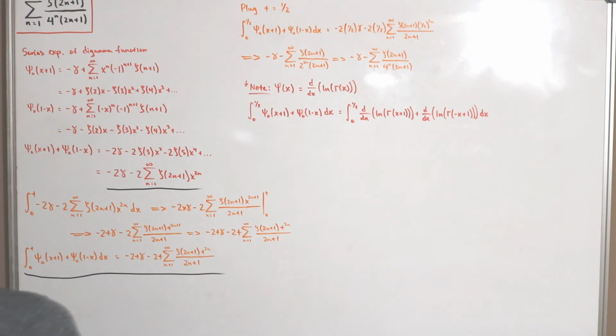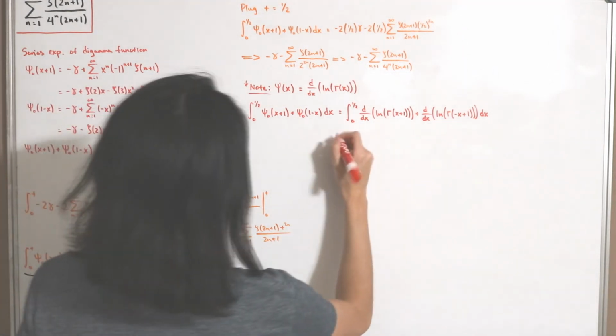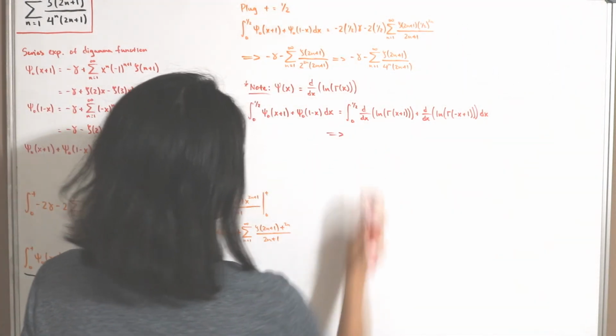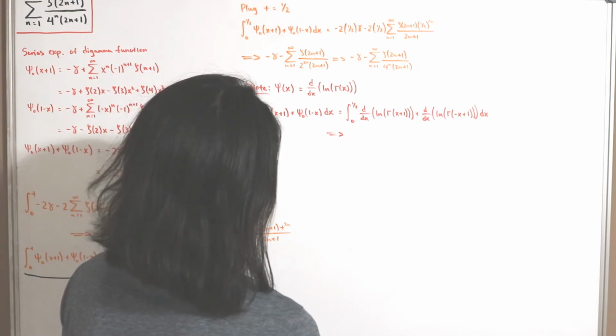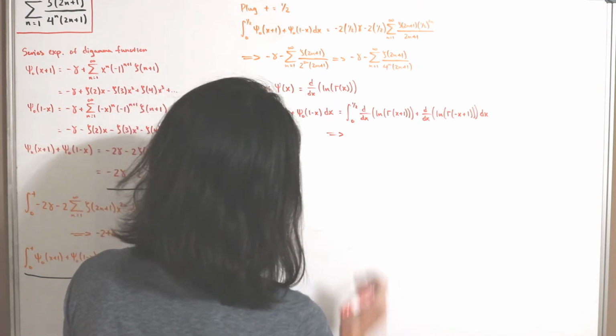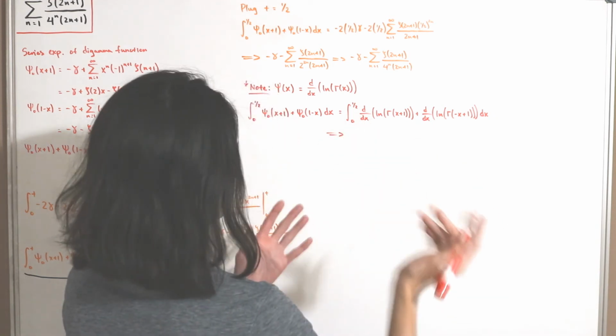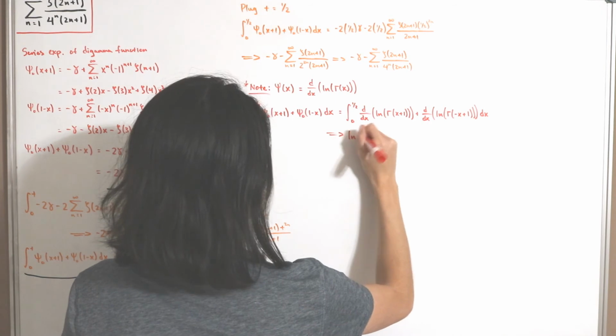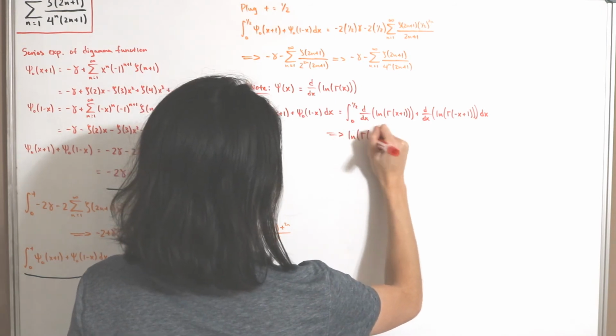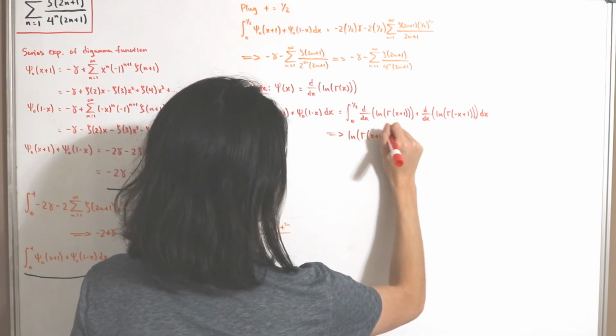Okay, so anyway, when I take the integral of both sides, this is just the fundamental theorem of calculus. You take the integral of its derivative, they cancel each other out, and you just get the same function. So it's just the natural log of capital gamma of x plus 1,